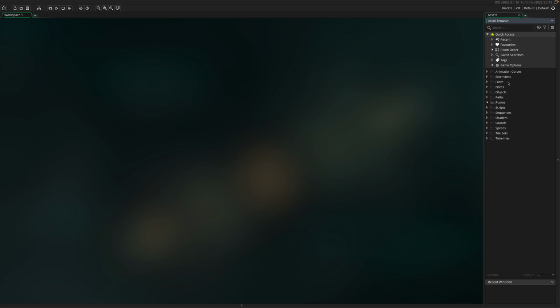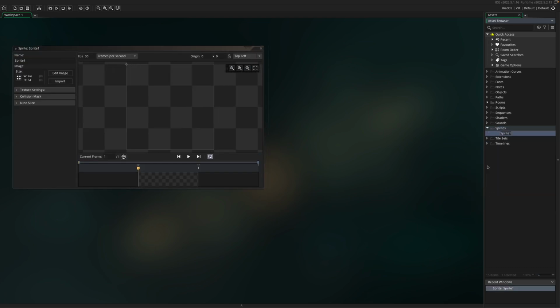And here's where we kind of create our objects and our sprites, which are kind of the two big things we're going to be playing around with today, as well as rooms, which there's already a sample room there. So we can kind of get started. Let's click on sprites, the folder, hit right click, create, and then we'll write sprite. We're going to name it